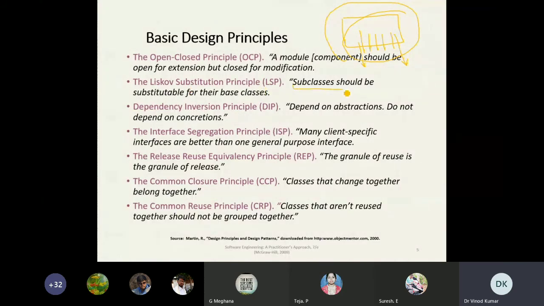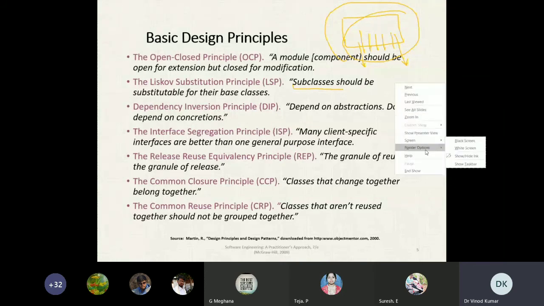Here, subclasses should be substitutable for their base classes. It comes from object oriented programming languages. What are the subclass and base class? You may know this.